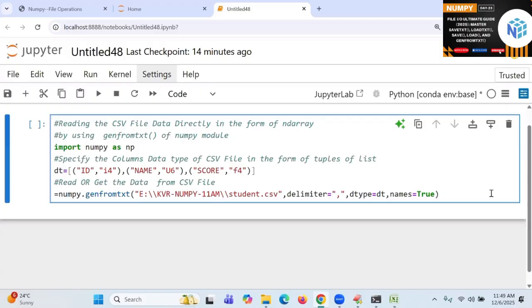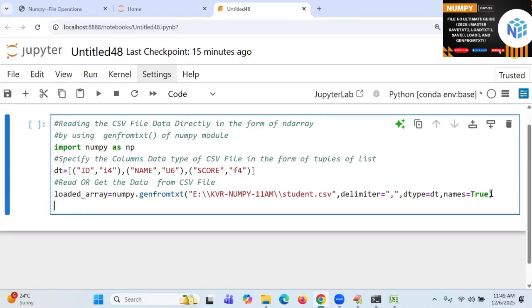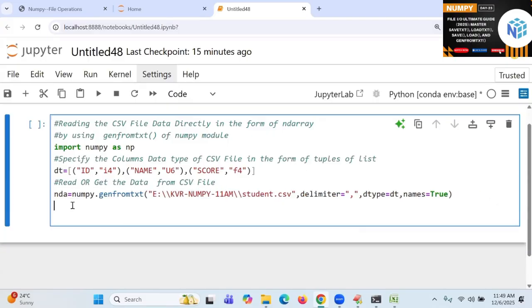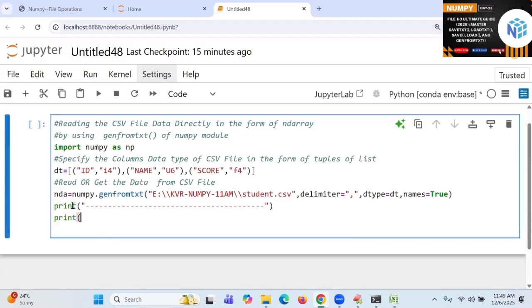So what is this now? ND array. So loaded_array. What is the loaded_array called? ND array object. Simply I'm calling it an ND array object, NDA, or something like this. I'm writing it. Print of which data? CSV file data in the form of ND array.